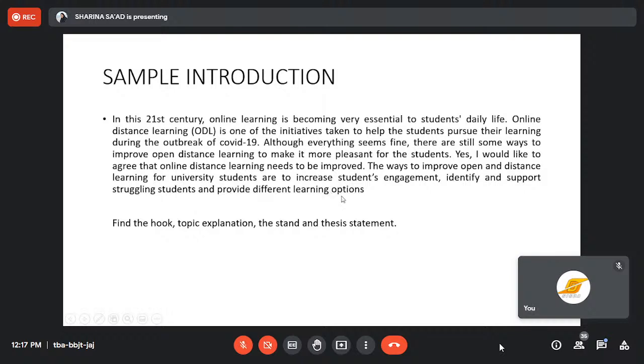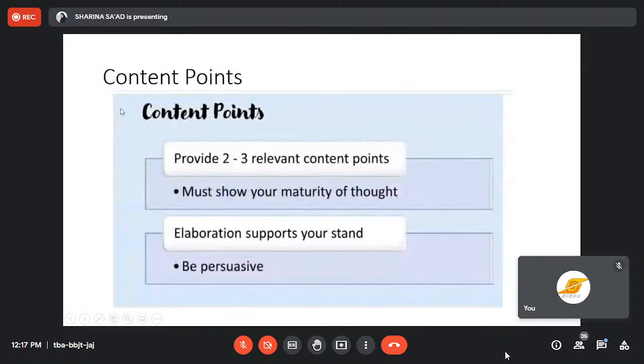2, and provide different learning options. So 3 reasons are given for the thesis statement. Okay, right? Now, after you have written the introduction paragraph, you have to write the content points or the body